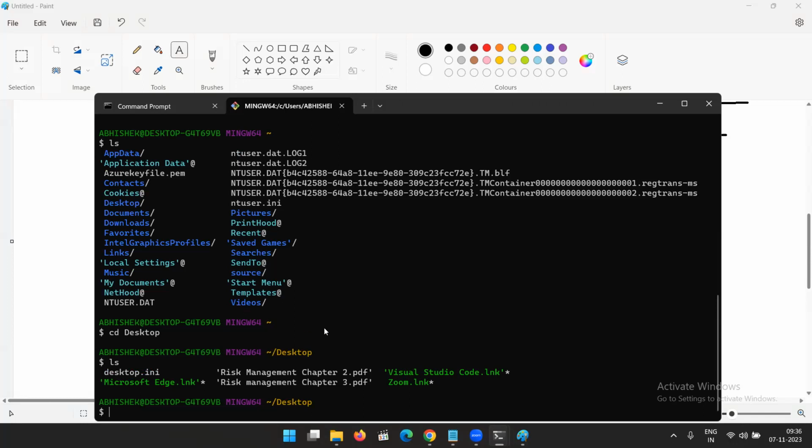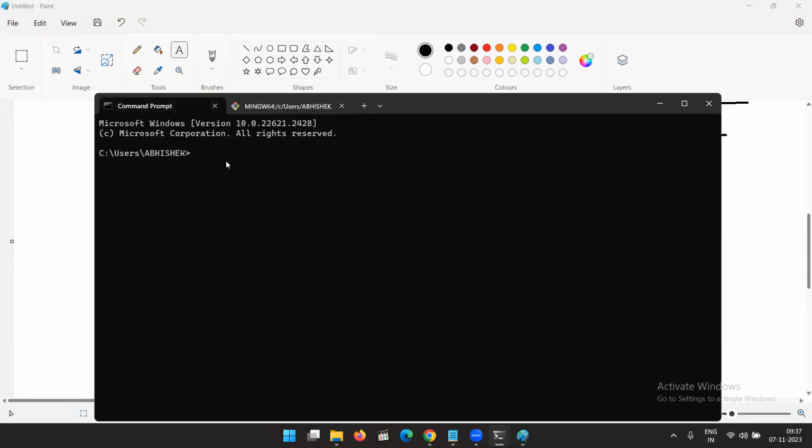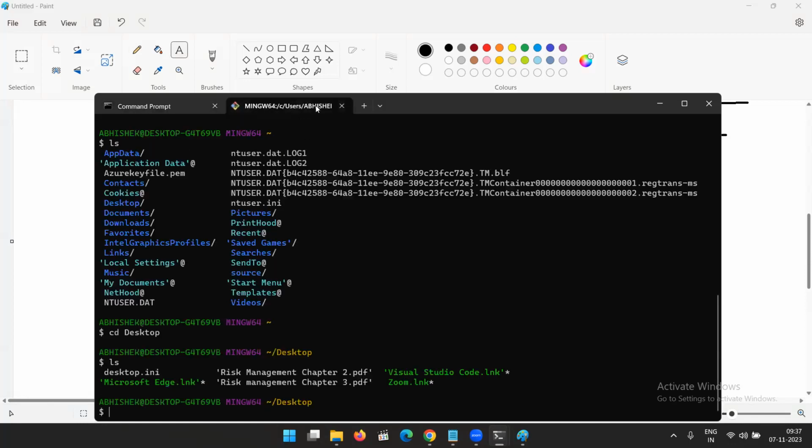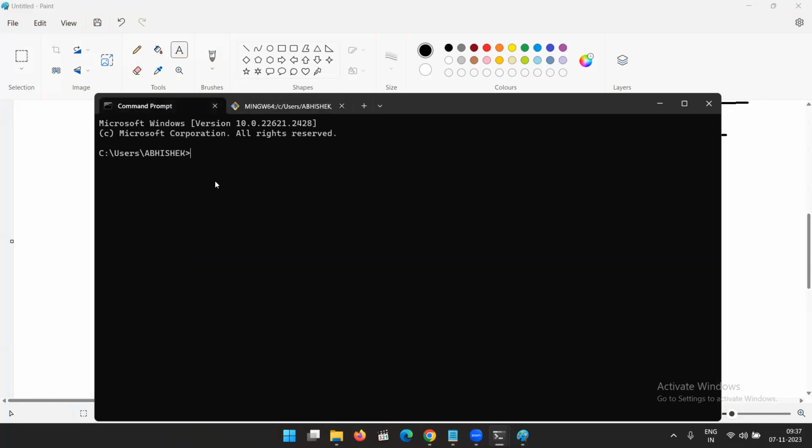Okay, there's a start menu there, so send to, favorites, recent. I'll show you this one tomorrow. If you go with the command prompt,